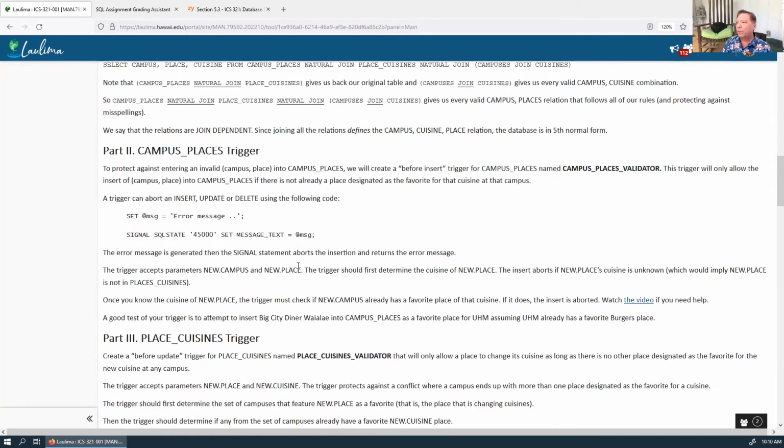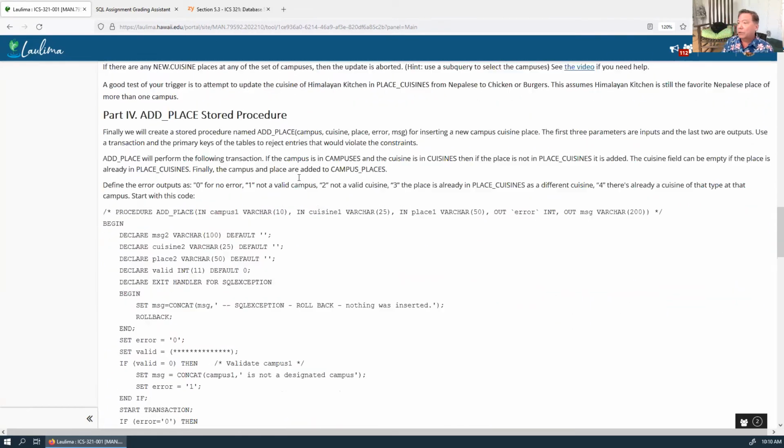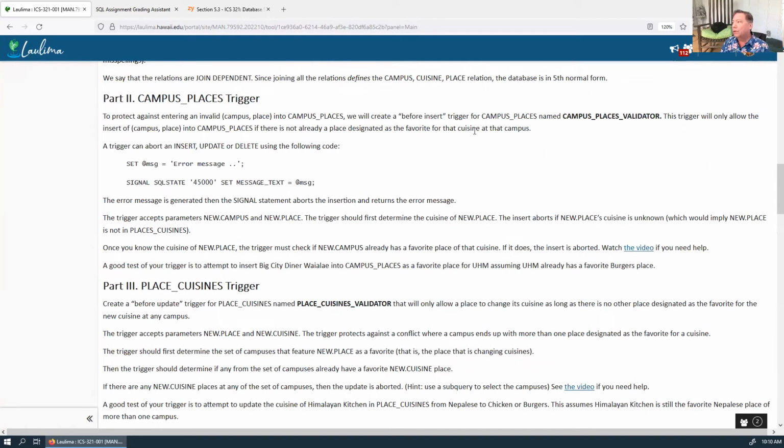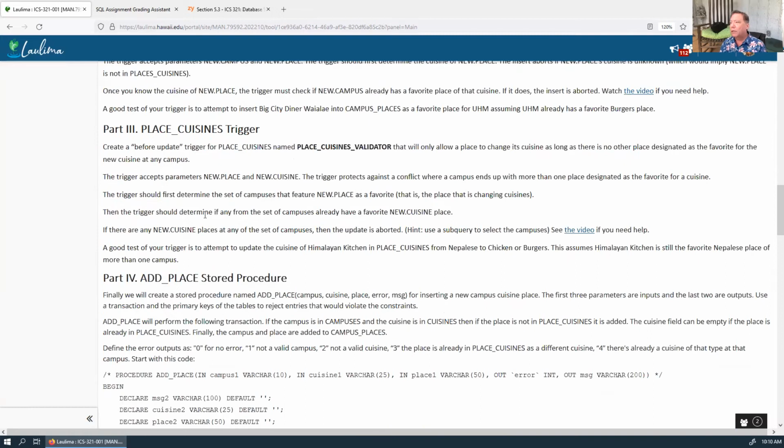And then you make a couple of triggers here and a stored procedure. In these triggers, you keep things from happening. But this is programming, and here you have to understand this a little bit more, and you write something here. This is a before update trigger, which makes sure that something you aren't trying to, this is in the table,